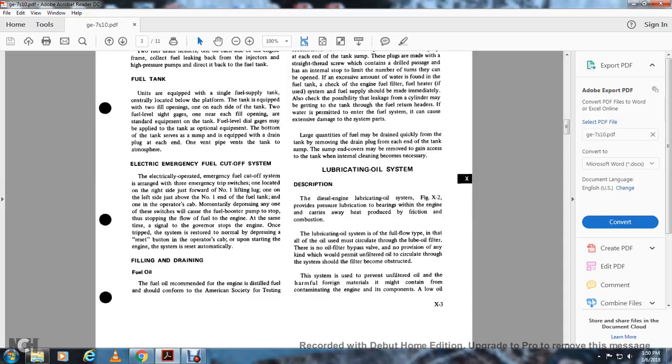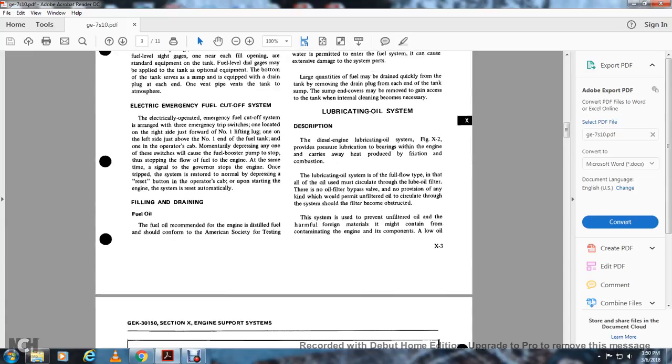There is an oil filter bypass valve, since no provision of any kind would permit unfiltered oil to circulate through the system should the filter become obstructed. The system is used to prevent unfiltered oil, with harmful foreign materials in it, from contaminating the engine. The system also contains a low oil